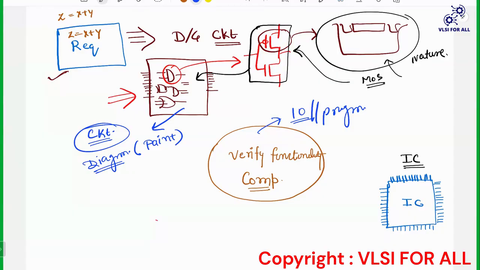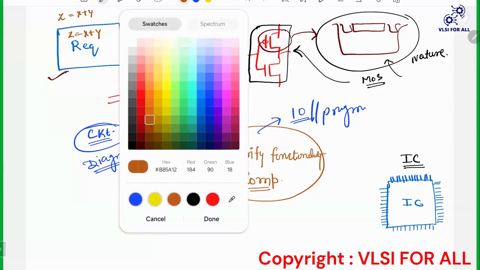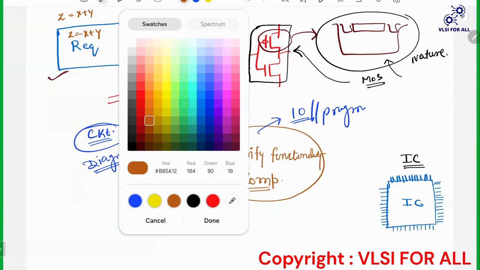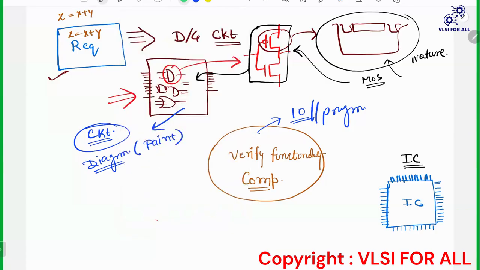A set of instructions is nothing but a program. A computer can understand a program, but you have the circuit as a drawing. To overcome that barrier, you have to make an equivalence. You need to make some equivalence for this diagram or circuit in the form of a program. That means you need to describe your design